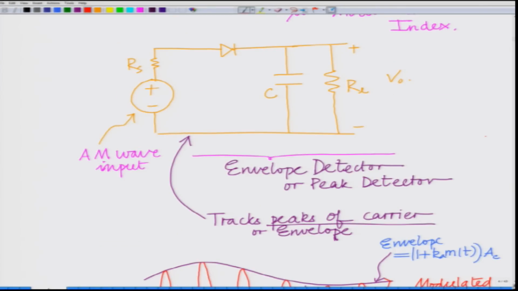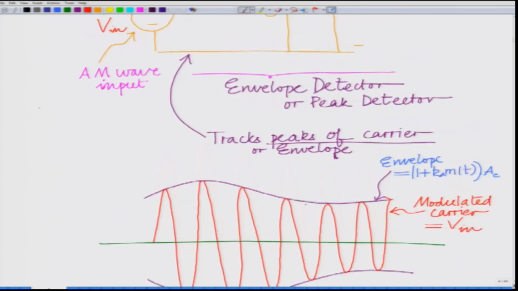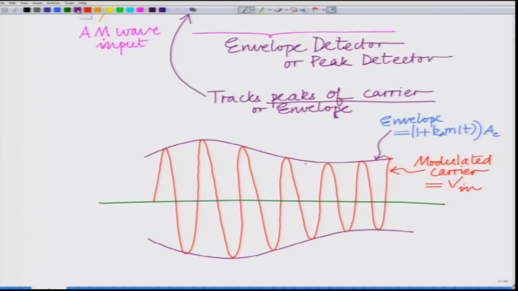So, this is the input V in, which is basically your modulated carrier. Now, let us say the output voltage starts from 0. Now, when the input voltage is greater than the output voltage, the capacitor charges to the input voltage, and once it reaches the peak, correct, because the diode becomes reverse biased, all right, the capacitor is cut off and it starts discharging,